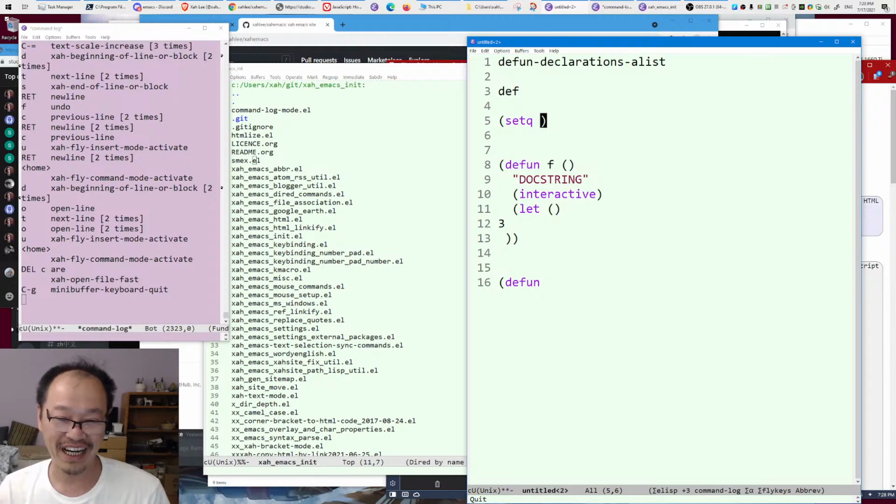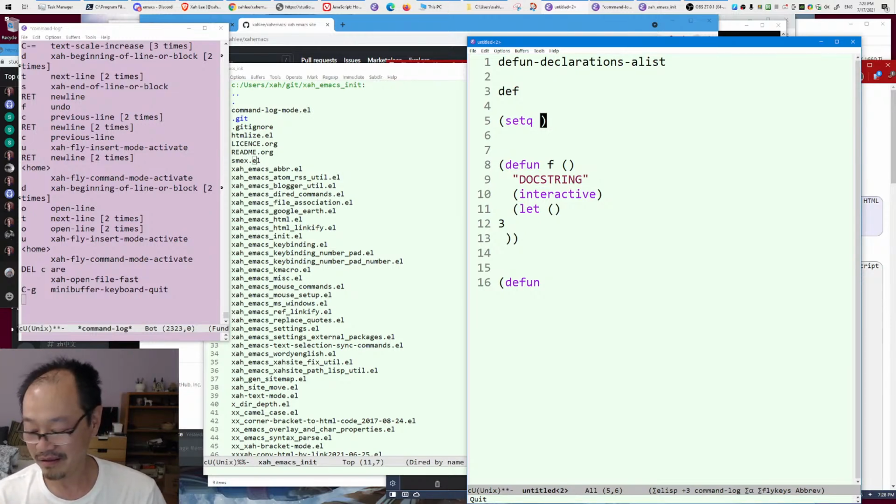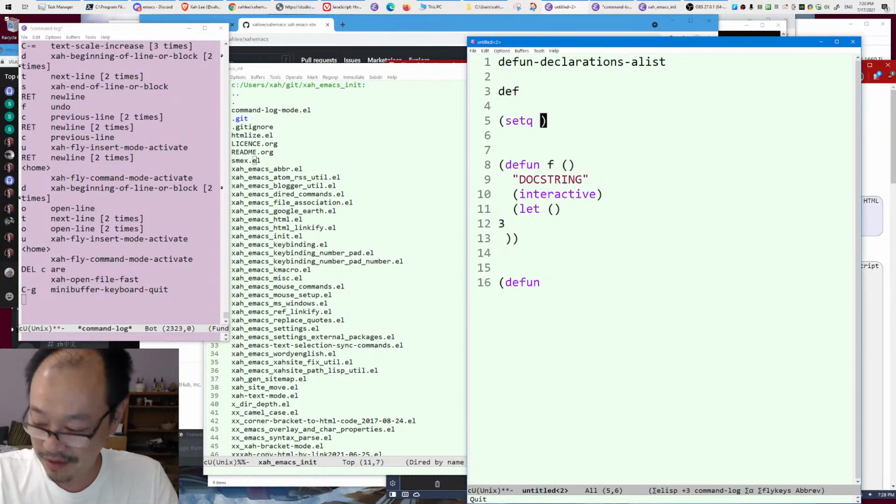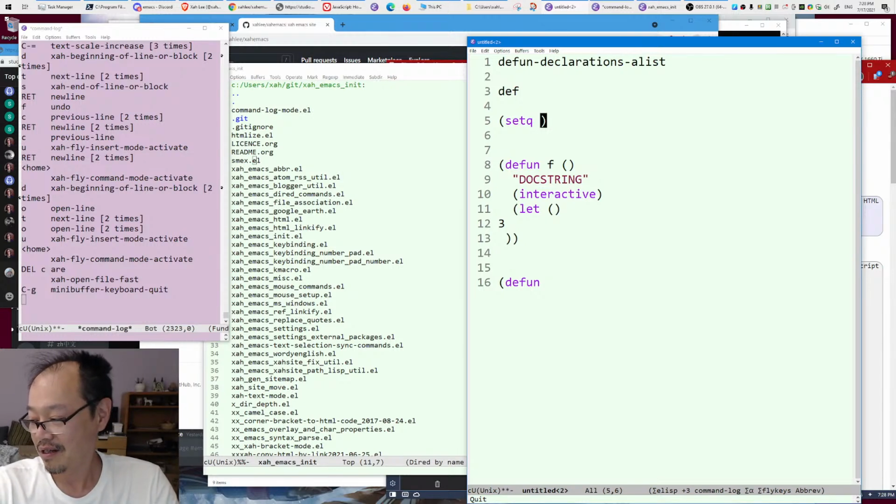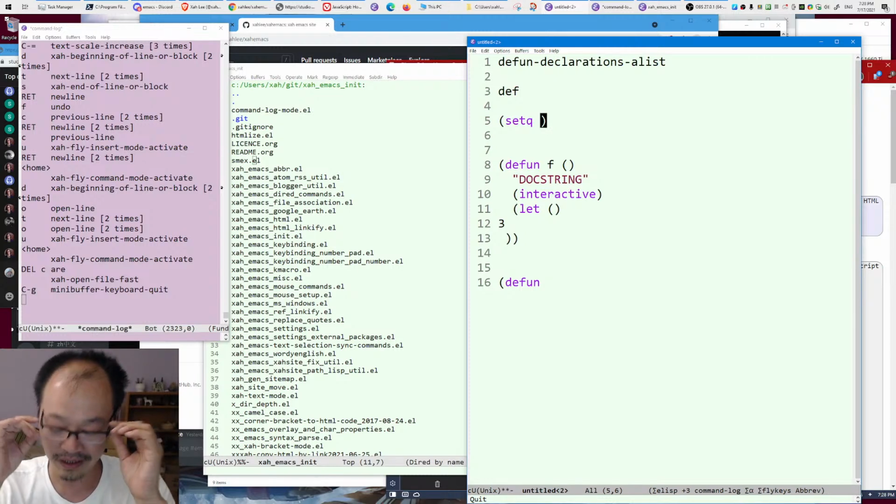I happen to write a mod for the completion the way I like for the languages I use, which includes Emacs list, JavaScript, mostly just these two, okay? Emacs list, JavaScript, HTML, CSS, and what else? And I also have a package for Clojure, but it hasn't been maintained for several years. Anyway,